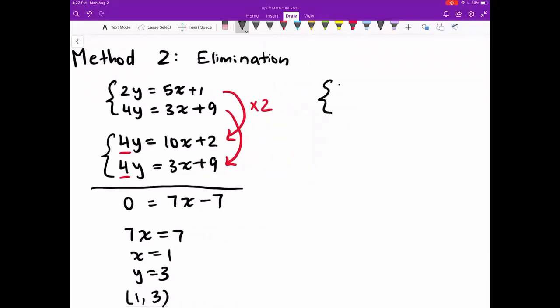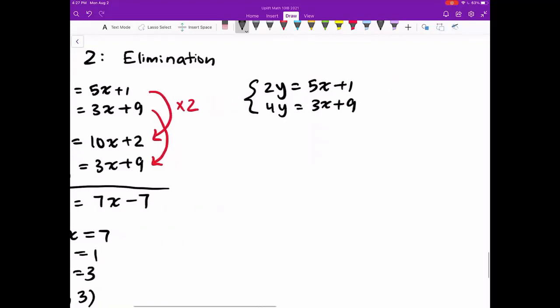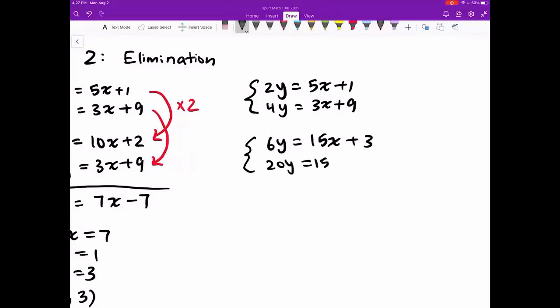Okay. So our goal is to cancel them out. So we got to make them equal. So we can multiply the first equation by 3 and the second equation by 5. So we both get 15x. 6y is equal to 15x plus 3. And 20y is equal to 15x plus 45. And here we can cancel out the x's,